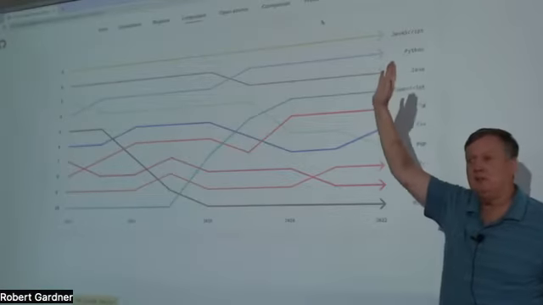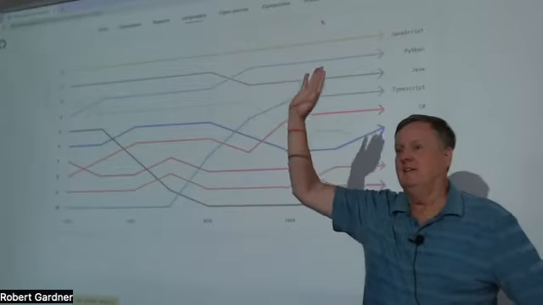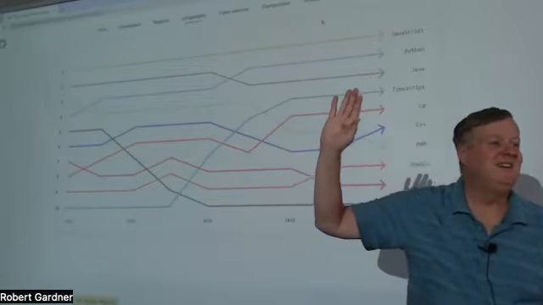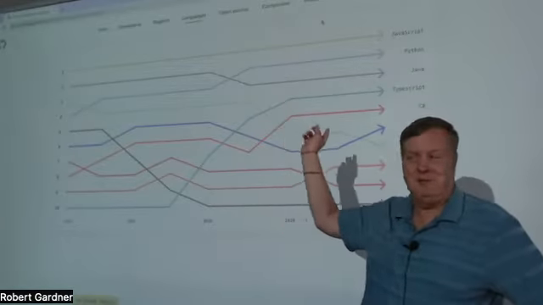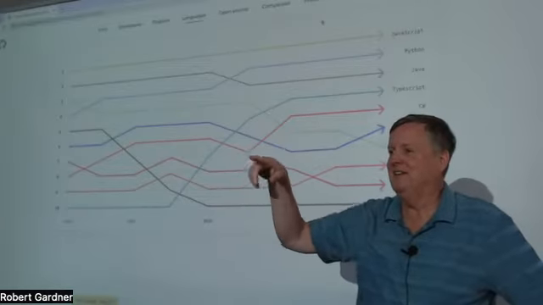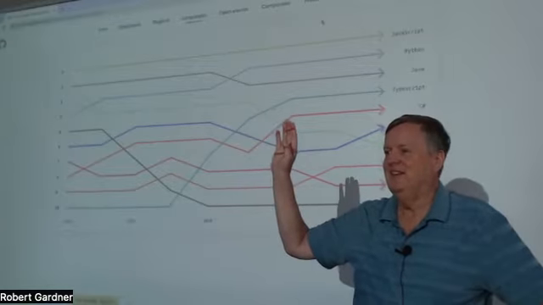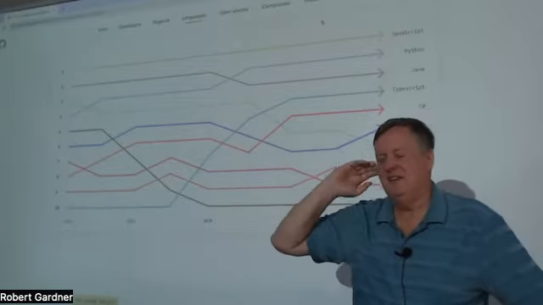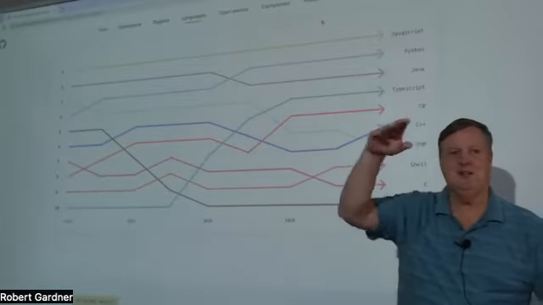Anyone know why JavaScript's number 1? Is it such an awesome language? No. Because it's been there for so long? Close. Because these other languages have been there longer. Yes, all the legacy code. Why is all that legacy code there?